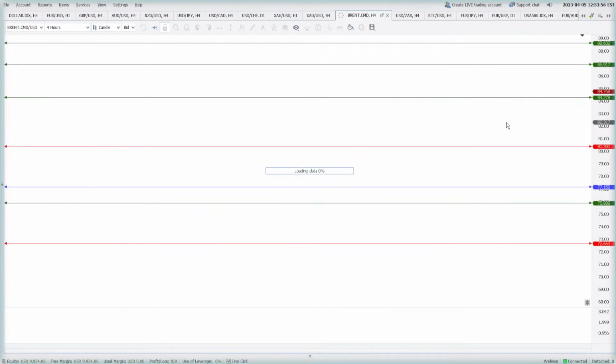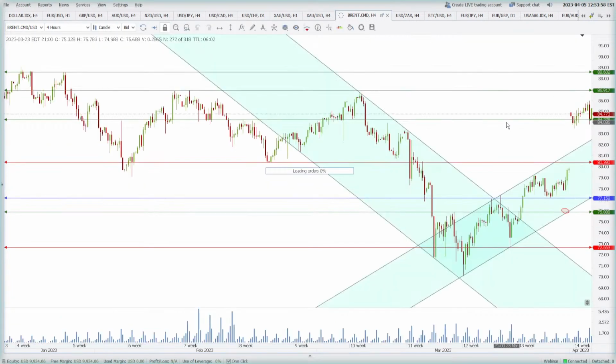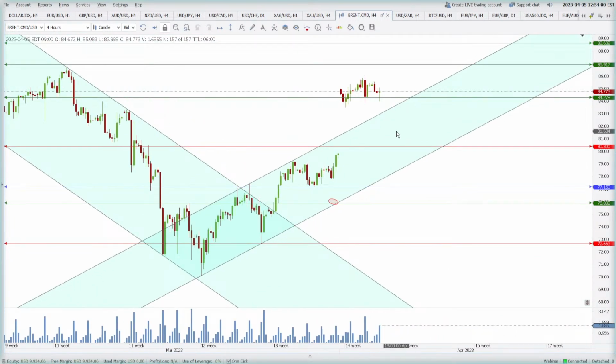Brent, guys, you remember that we are bullish in the Brent? Yeah, so we are still bullish in the Brent, but I think for some reason it needs to close this gap. But even at the higher prices,